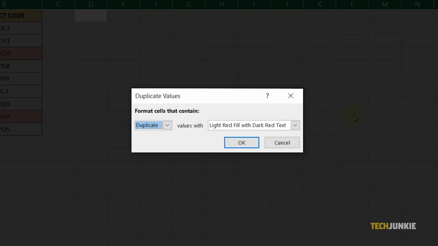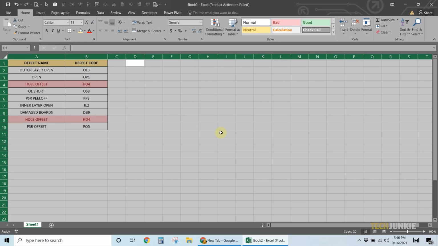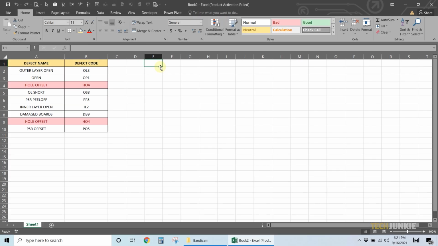Excel will then highlight any duplicate values within the dataset. You can configure how this looks on the window that pops up, or keep the default color by clicking OK. Once you've checked over the indicated duplicate values to make sure they're not needed, you can have Excel delete them